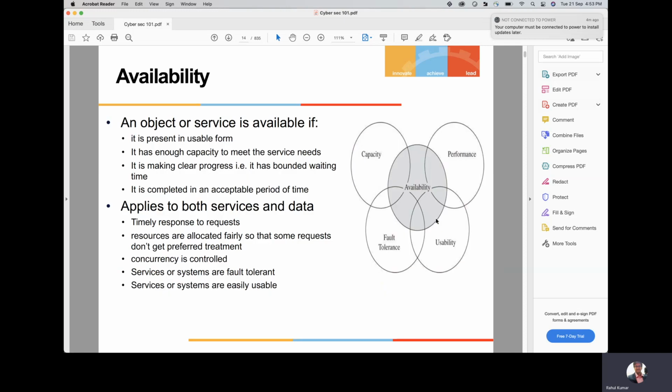Availability. We have spoken about availability in the previous slides, and we'll talk about it more. Availability is everything to do with data centers and physical security of data centers, availability of data in various geographical regions, no server downtime, performance increment, fault tolerance, usability. On the right side, you can see some circles drawn. Those are the four things which make a system available or unavailable.